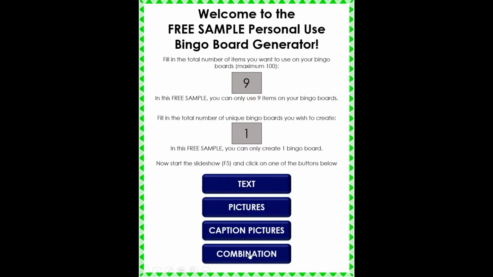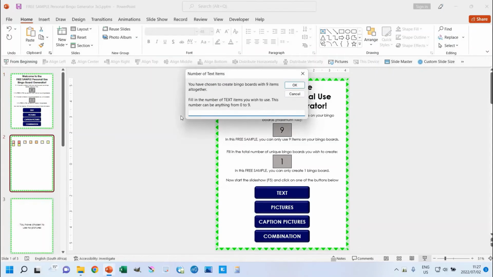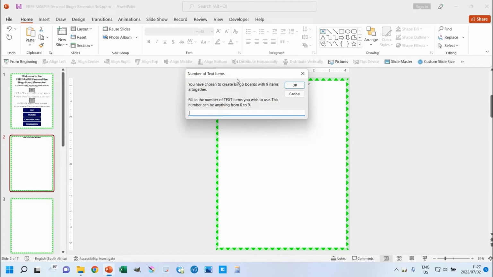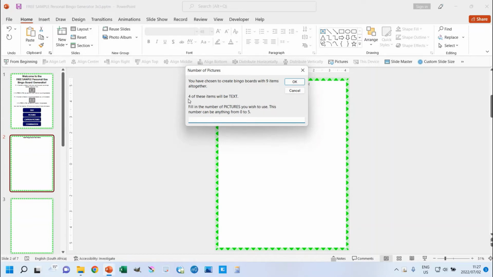Now for the combination, you click on there, and now it's going to ask you, so you've got 9 items altogether. How many of those items do you want to be text? Now you can choose any number from 0 to 9. I could choose 0 if I don't want any plain text items. If I want to have, say, 4 plain text items, I can put a 4 in there. And now I click OK, and now it tells me, okay, so I've got 4 text items of my